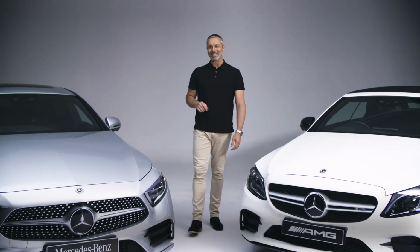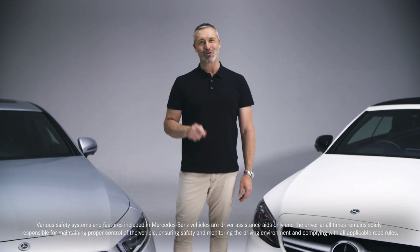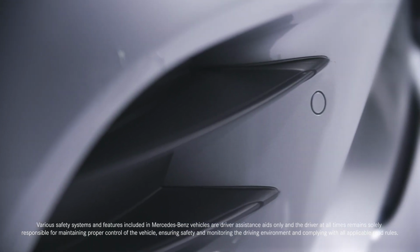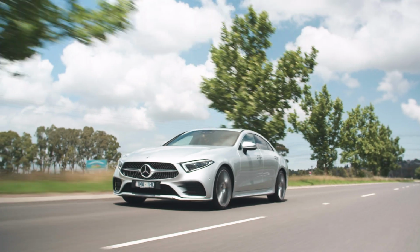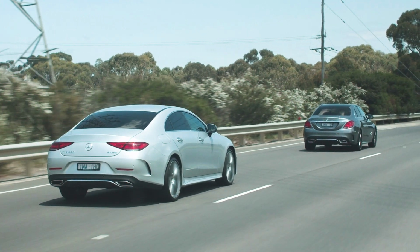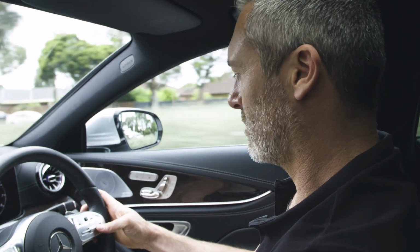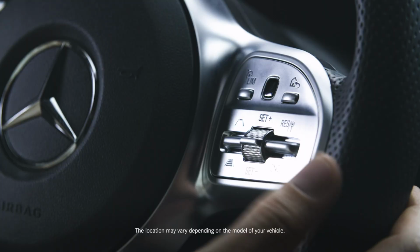Your Mercedes-Benz is fitted with a comprehensive suite of safety and assistance features called Driving Assistance Package Plus. The vehicle is equipped with sensors and cameras that can detect what's happening around you and either respond or prompt you with a warning. One key example is Active Distance Assist Distronic, which allows you to set your cruise control